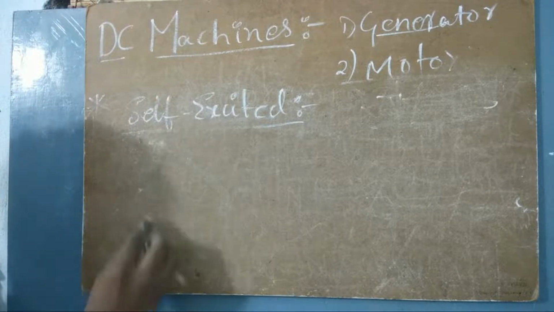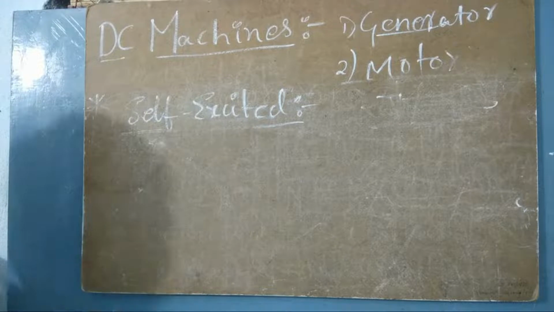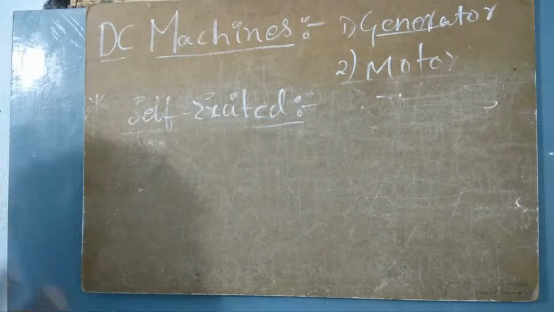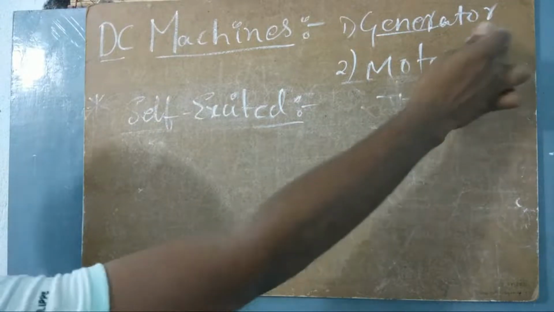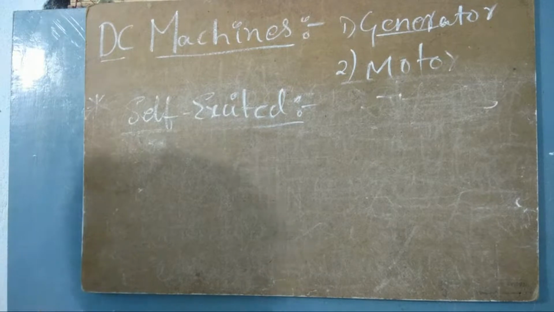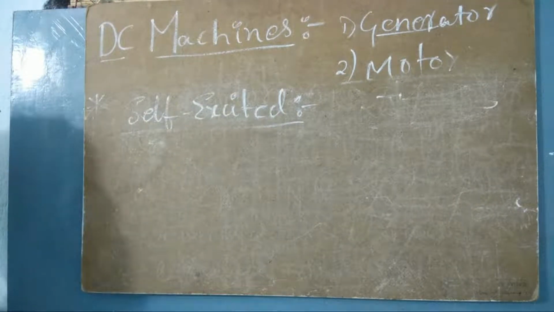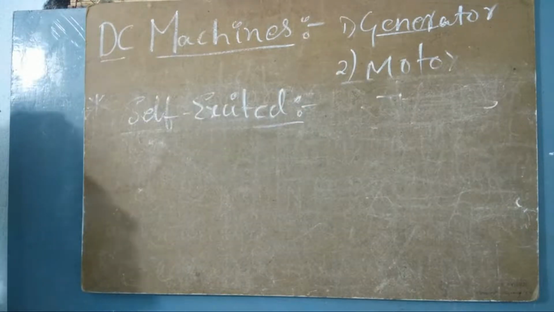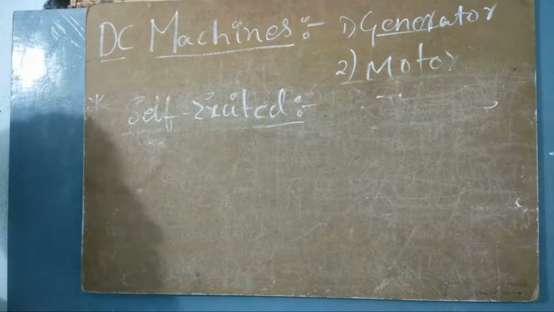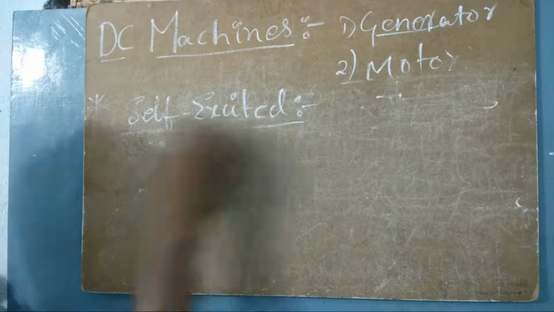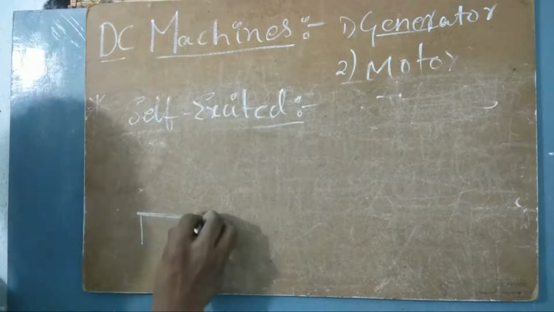First, self-excitation is more concentrated. In the self-excitation, what happens is the EMF that is produced by the generator. Let us understand. For your better understanding, let us consider a practical example. Have you ever seen a generator which has a battery near it? Have you ever observed that? I'll give you this one, excitation. Have you ever seen a battery like this?